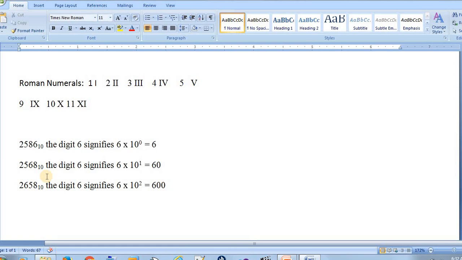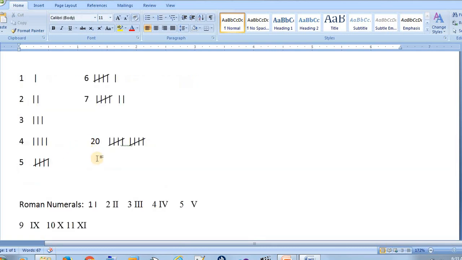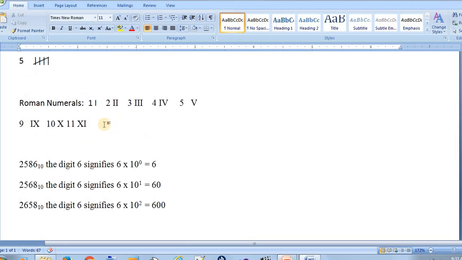So this is the major difference between non-positional and positional number systems. In a positional number system, every digit has its own positional value, whereas in a non-positional number system, we just use the symbols and go on adding them. And the important difference is that in a non-positional number system, arithmetical calculations are not possible or are very complicated, whereas in a positional number system we can easily do arithmetical operations. These are the two major differences between the non-positional and positional number systems.